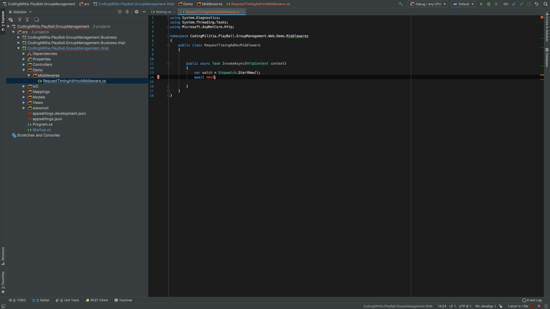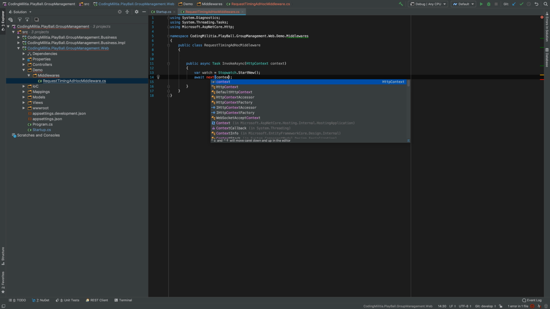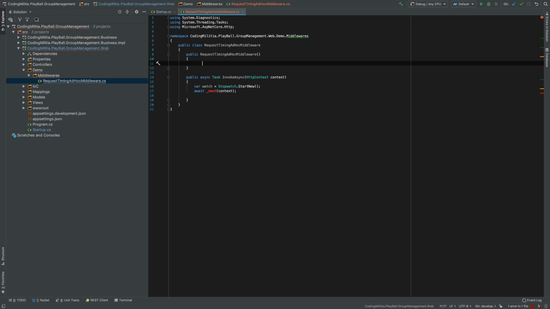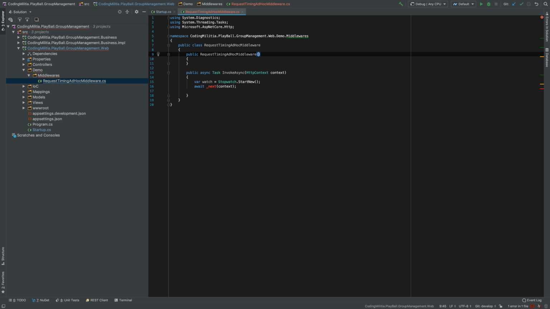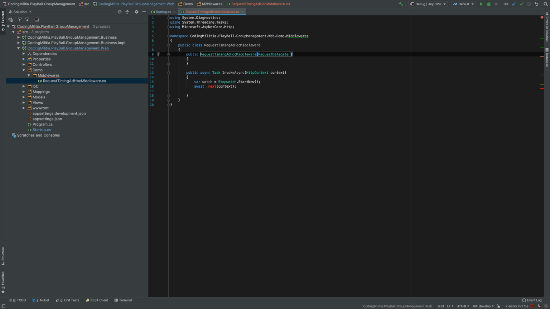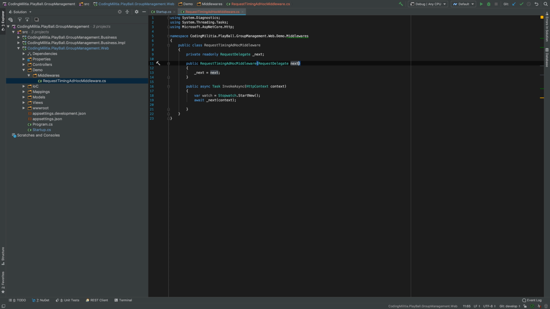But as you see, we don't have it, so we need to create one. So, in the constructor of the middleware, we will receive the next middleware in the chain, in the request